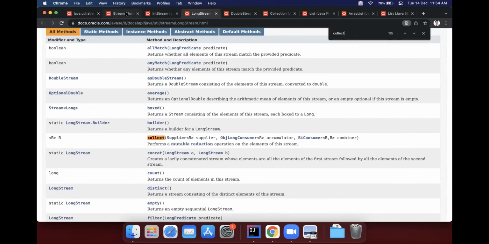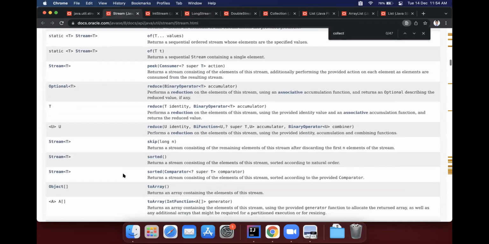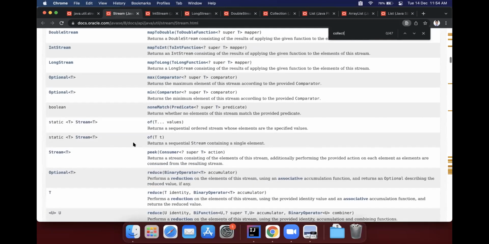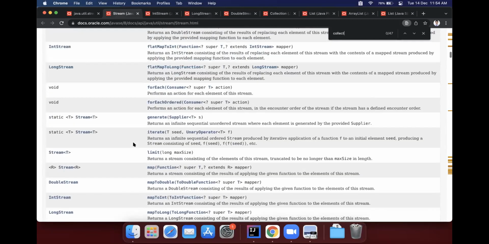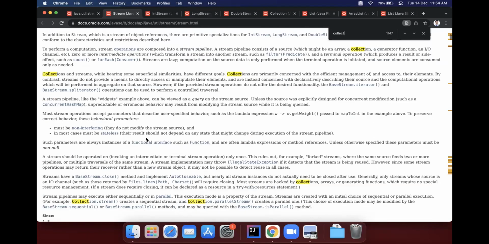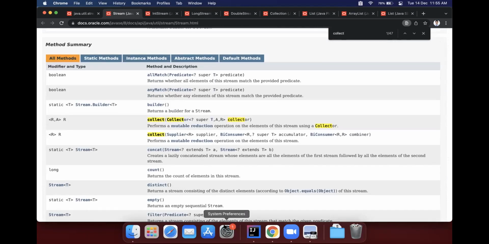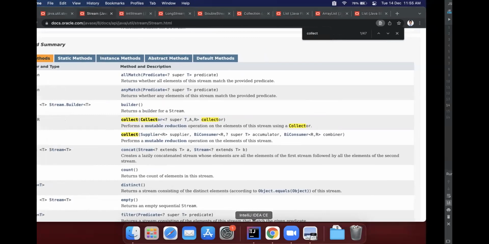It seems that it does not have the Collector-based collect method like it has in the normal stream. So we need to pass the supplier and accumulator implementations. If I look at the collect method here, there is only one method, which takes 3 parameters: supplier, ObjLongConsumer, and the combiner. So then what we have to do is